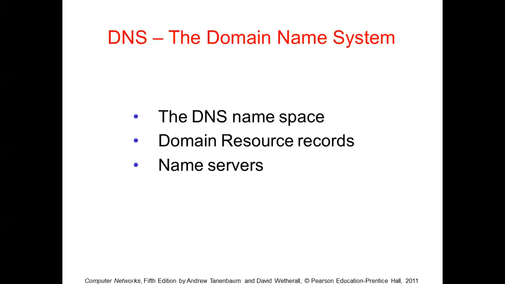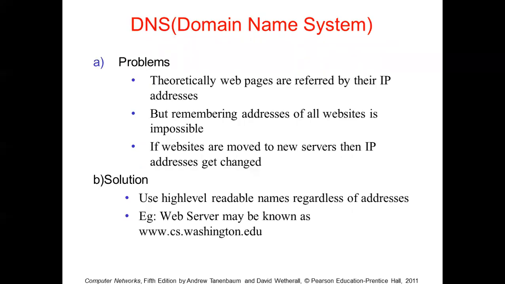But usually, whenever we want to access any data, we have to access the machine on which the data is stored. For example, suppose I want to get information about Gokte College of Commerce. Then I need to access the server where the information related to Gokte College of Commerce is stored. So if I want to get information from a particular machine, I should know its IP address. But remembering IP addresses is very, very difficult. So first of all, we'll look at what problems people face if we are going to use IP addresses.